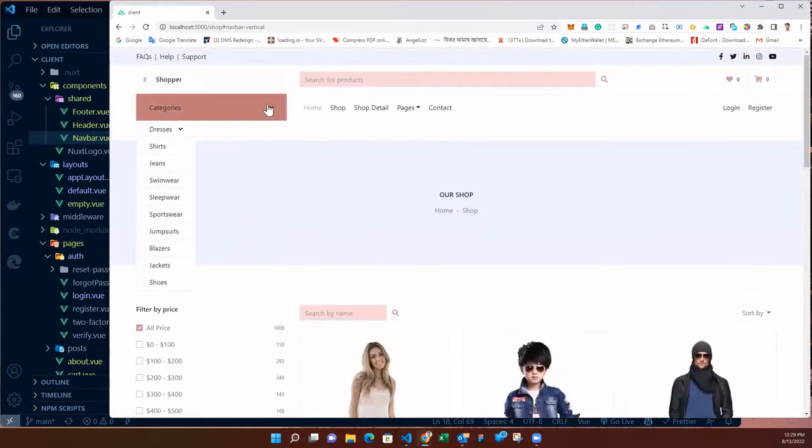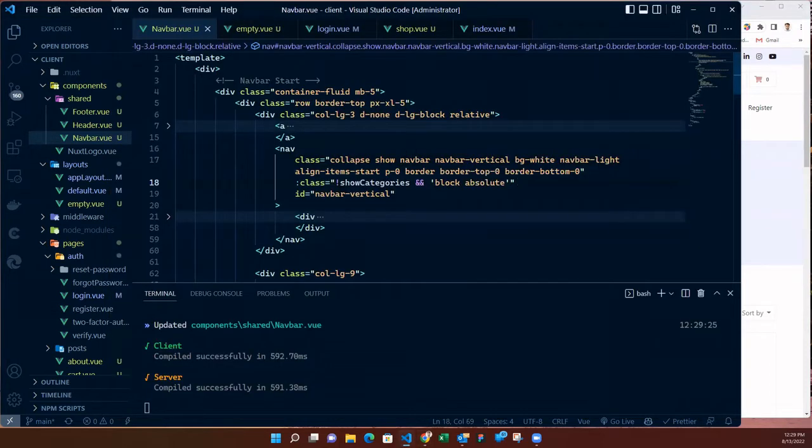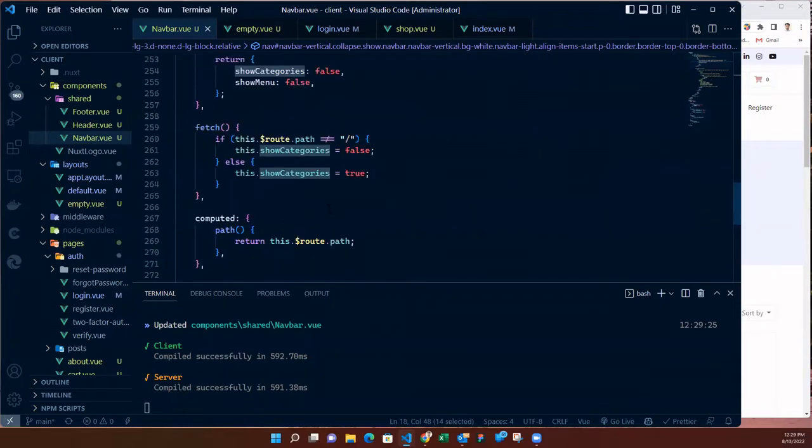It's actually going to the top for some reason. Let me see, where is this class? We have show categories here, and show categories is visible when the